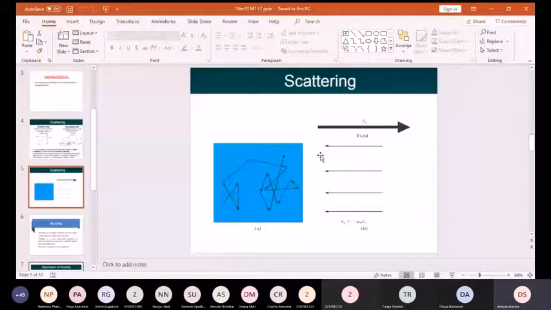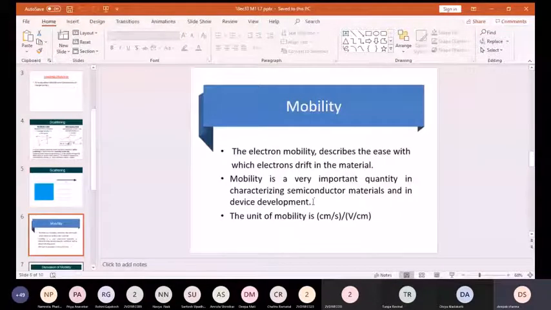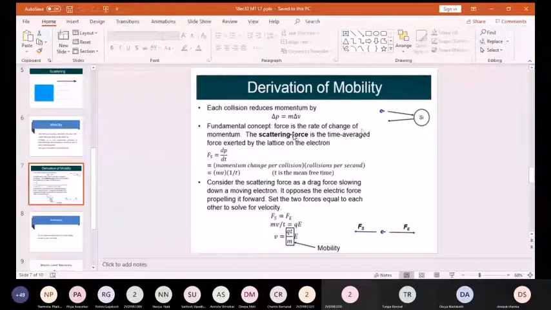And mobility, we had seen, describes the ease with which electrons can drift in the material. Like how easily the electrons can drift in the material, that is nothing but mobility. And it is very important because it characterizes the semiconductor materials in developing devices. And the unit of mobility we had seen, right? And also we had seen the derivation of mobility,